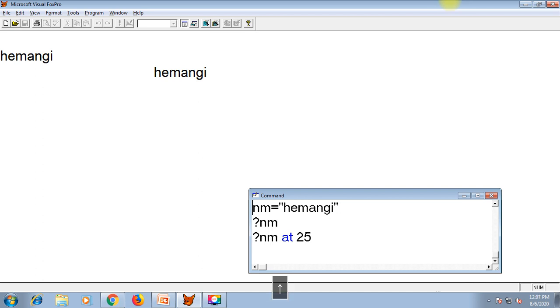What did I do? I tried to define a string variable. String means number of characters, not a number. Not numeric, but any character is allowed. Space is also allowed. Everything is allowed. If I write like this, suppose Hemangi, okay, it will allow me. Any number of characters are allowed here, and any character, special symbol, plus, minus, star, percentage, any number 0 to 9, and all alphabets. Everything is allowed inside a string variable.